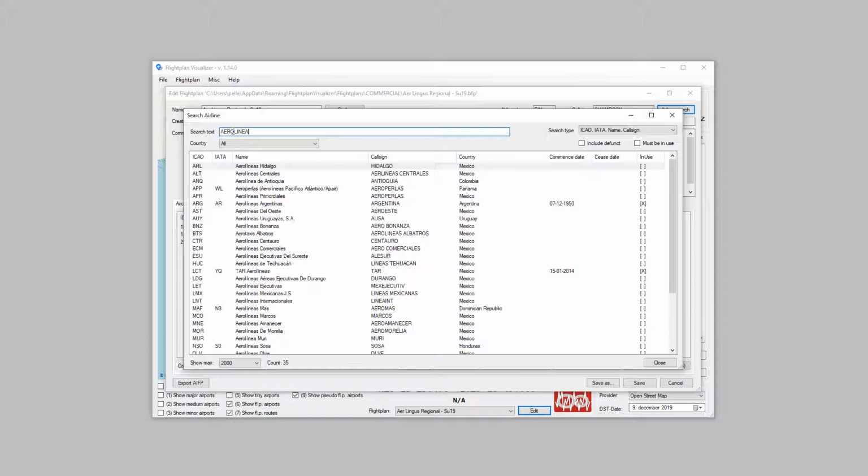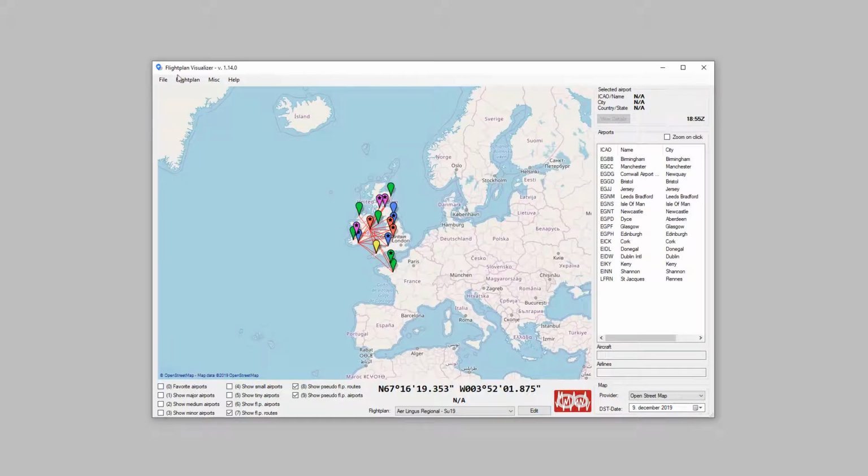I have shown it here searching for airlines. It will be the same searching for aircraft or searching for airports. If we open the search form to search for airports,